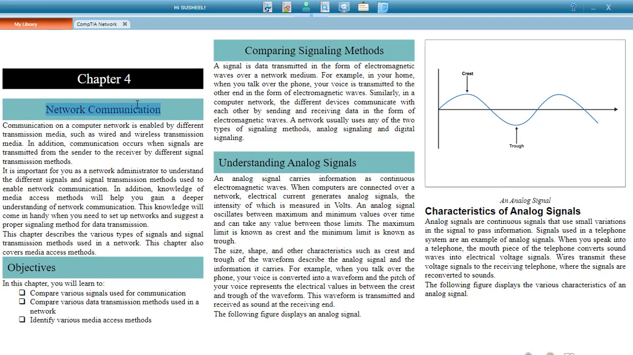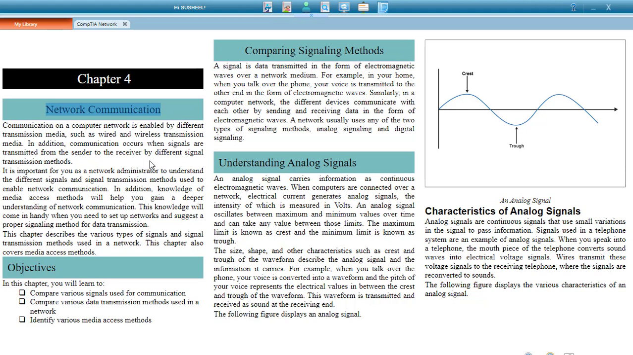Network communication. Communication on a computer network is enabled by different transmission media, such as wired and wireless transmission media. In addition, communication occurs when signals are transmitted from the sender to the receiver by different signal transmission methods. It is important for you as a network administrator to understand the different signals and signal transmission methods used to